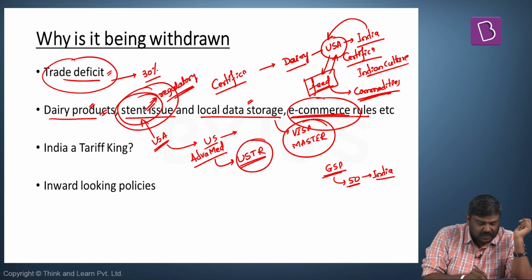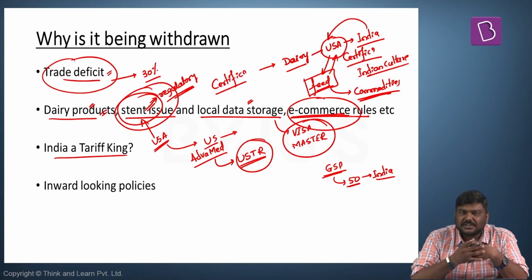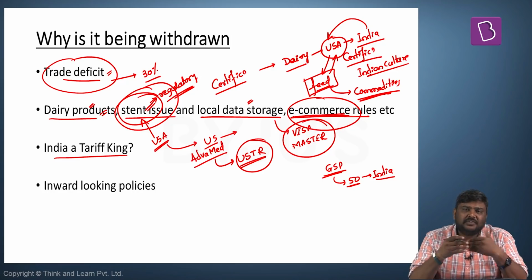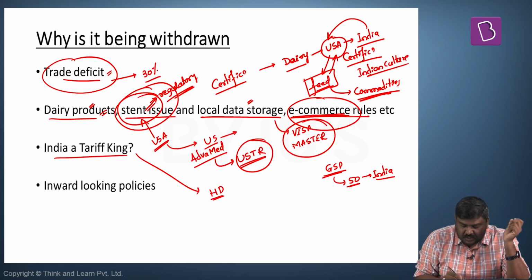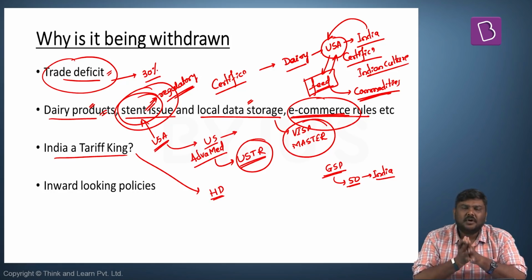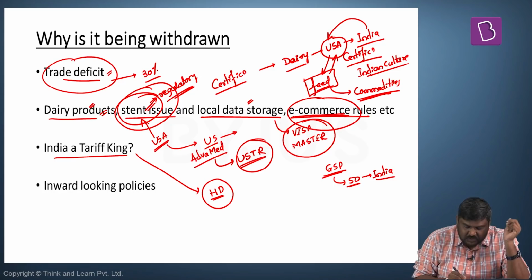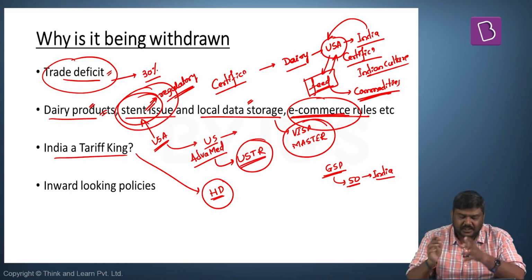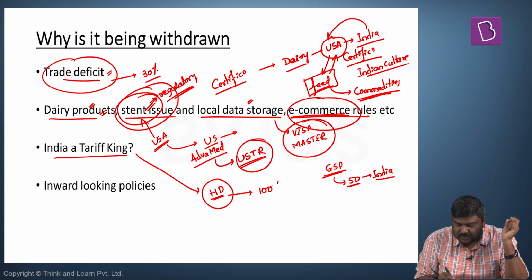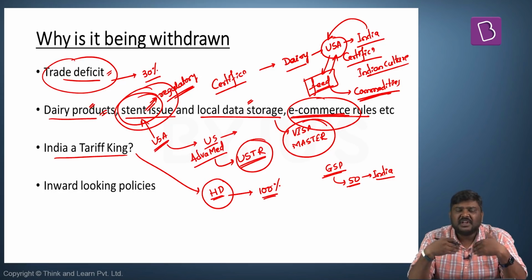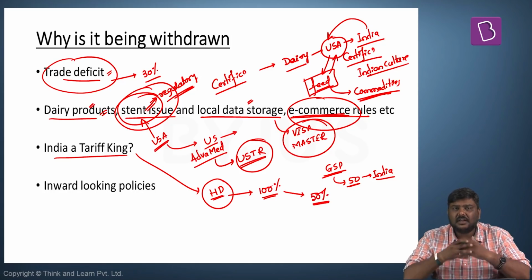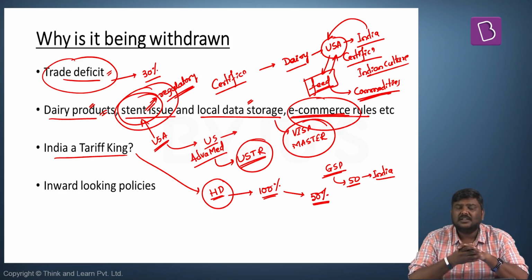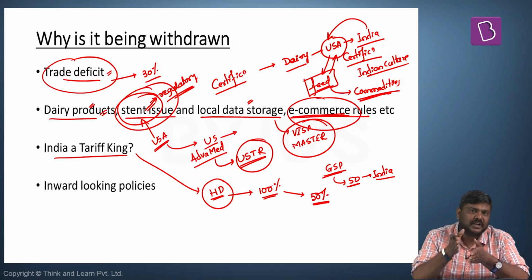That is another reason. Next, very recently the President of USA has called India a tariff king. He cited the example of the Harley Davidson bike. Earlier, whenever this particular product which was manufactured outside India entered India, the Government of India imposed a tariff of 100%. And when this issue was raised, the Government of India reduced this from 100% to 50%. Now, despite this exemption of 50% given, the President of USA keeps on hammering this point and says